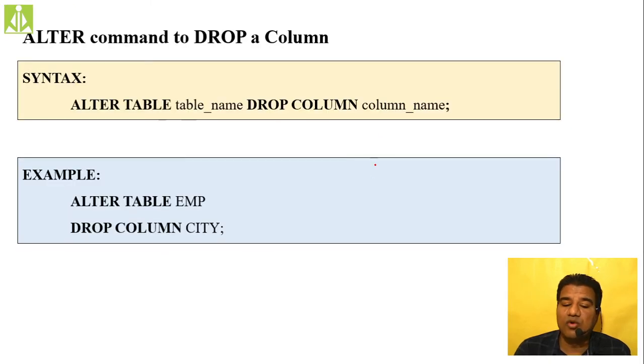See, when you are dropping a column from the table, it should not have any associated values in the table. In that particular column, you should not have any values. Then only the alter command with drop column will work. If you have any associated values, it will give warnings. Even then you can delete, but it will give warnings because there may be dependencies between the columns. One column is dependent on another one.